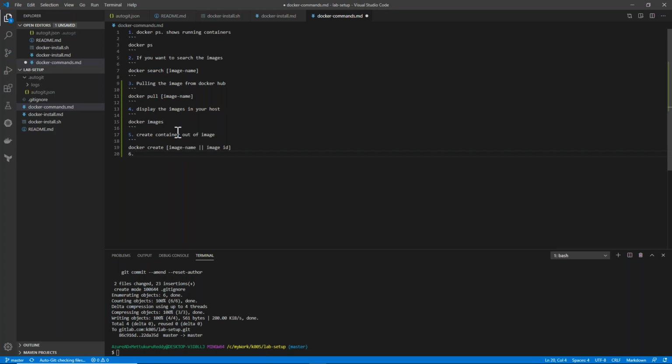And then the next command, start the container: Docker start, container ID.